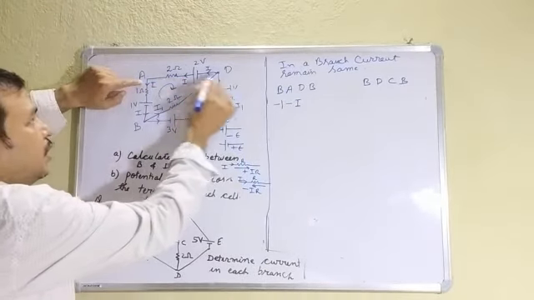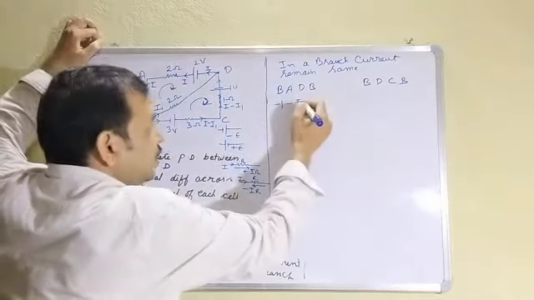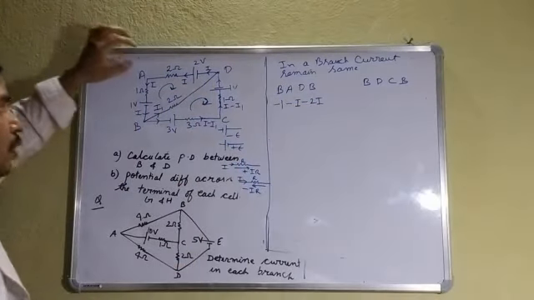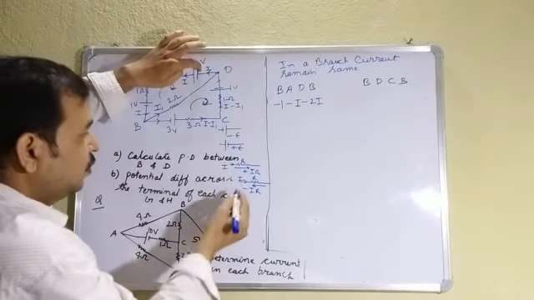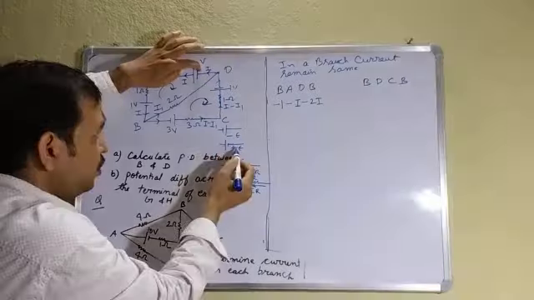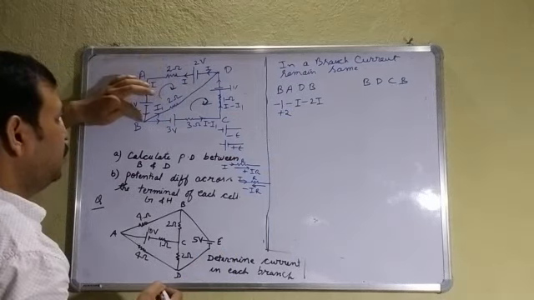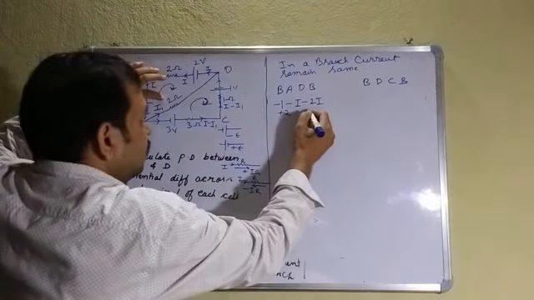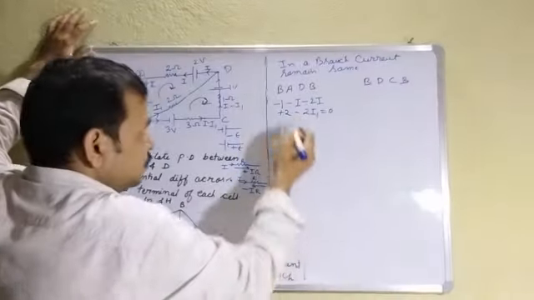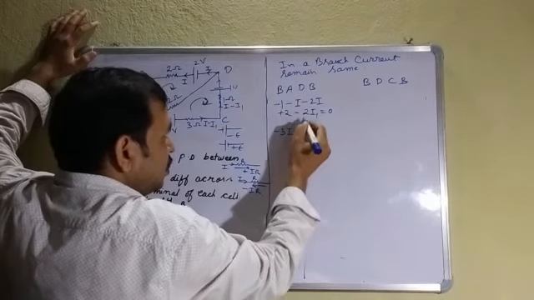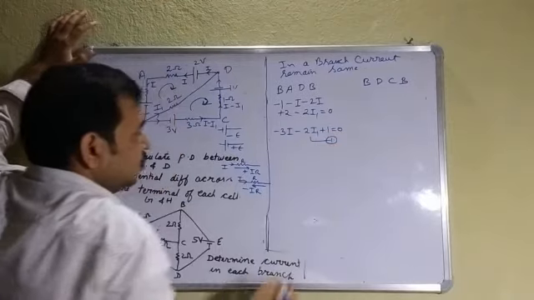Here also I am moving against the current. Now I am moving from A to D. So I into 2, that is 2I, that is also negative. Against the current when you are moving across the resistor, you have to take the product negative. Here positive to negative, you can see positive to negative when you are doing, EMF is plus. Now from D to B you are moving against the current. So the product 2 into I1, IR is negative. That is equal to 0. So minus 3I minus 2I1 plus 1 is equal to 0. Equation 1.